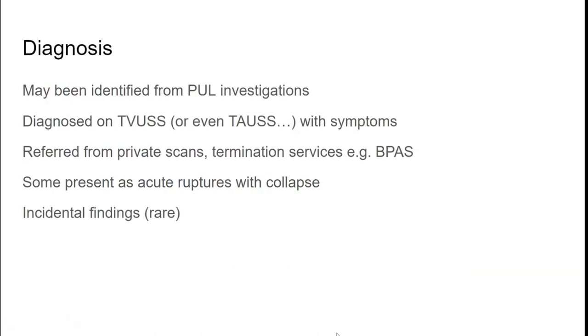So how do we diagnose it? How are we finding these women with ectopic pregnancy? It may be that we've picked them up from the PUL investigations that we've just been through. It may be that they've had a transvaginal or even an abdominal ultrasound because they had symptoms. We see quite a few referred from private scans, where people have gone just for a reassurance scan and have been found to have an ectopic pregnancy, or they've been through BPAS considering a termination of pregnancy and BPAS aren't sure if it's in the right